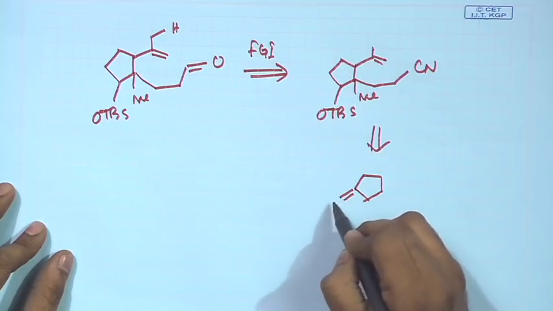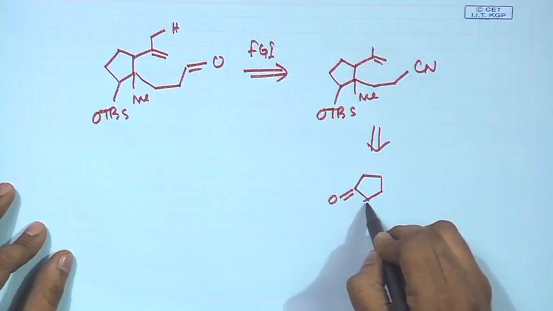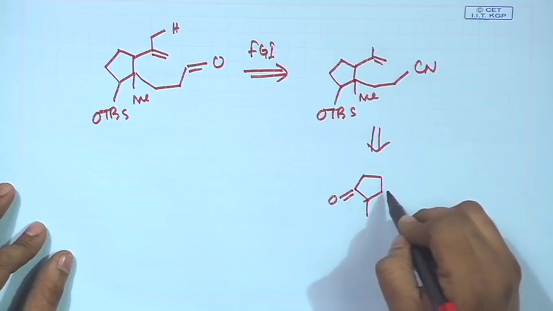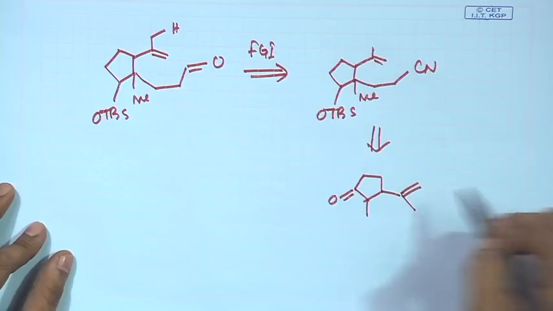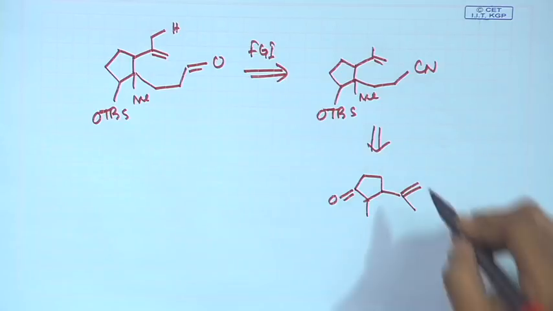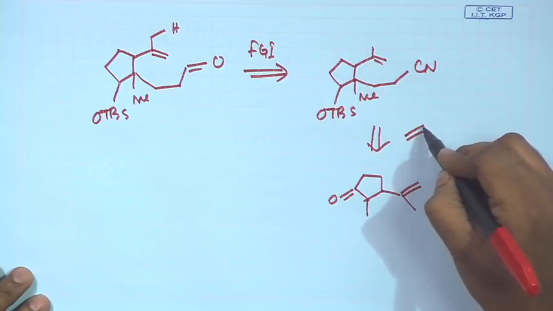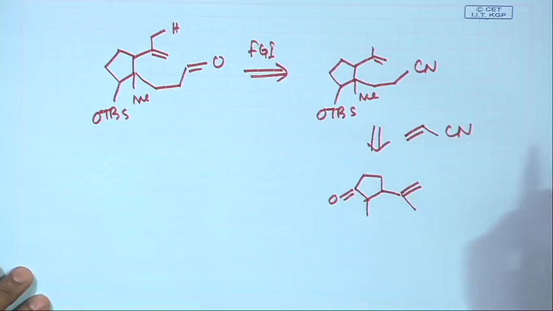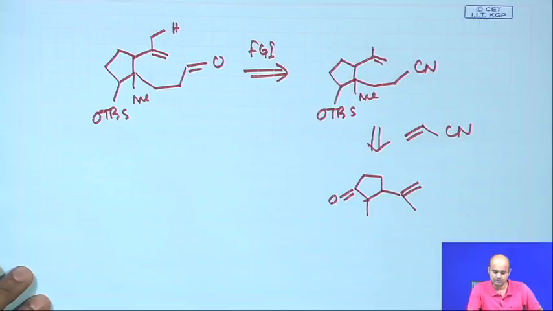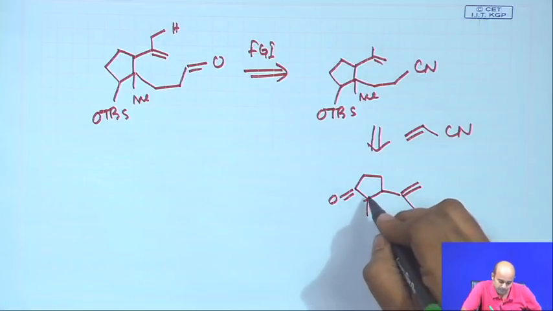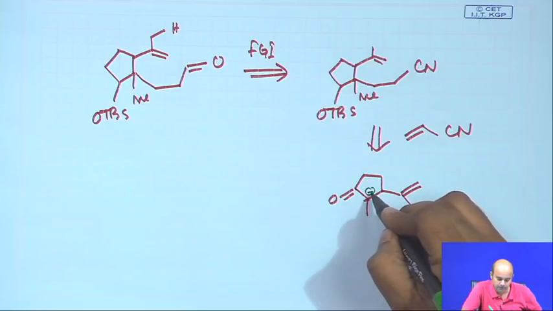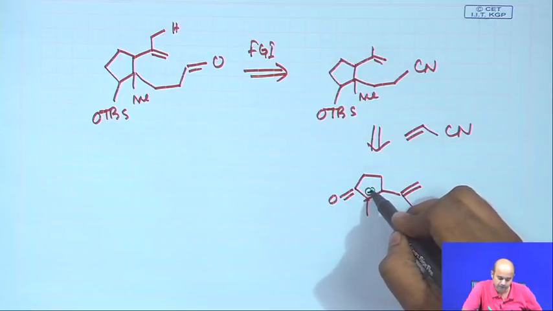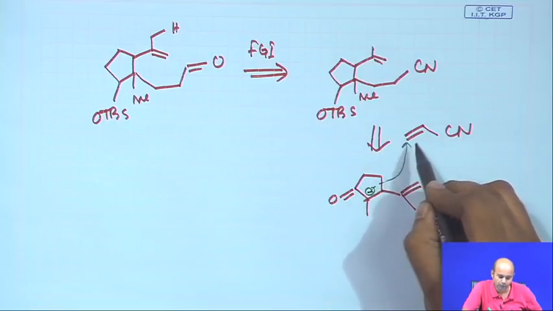If you have this compound, you have this methyl, and if you have this starting material, basically we are trying to figure out if you can think about doing a Michael reaction. Now, Michael reaction with whom? Acrylonitrile. You can generate a stable, thermodynamically different enolate here, and this enolate will react in 1,4 fashion to